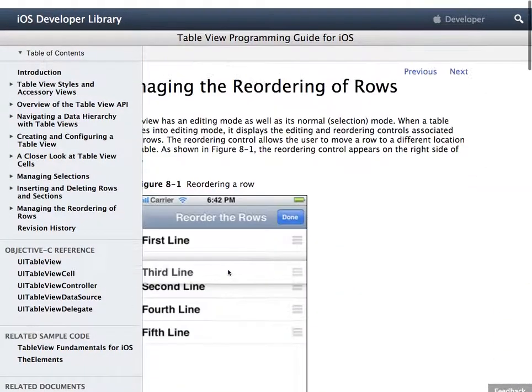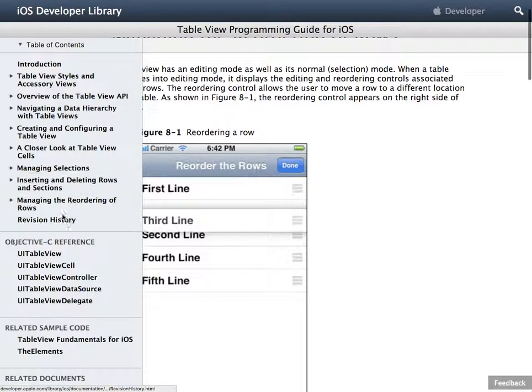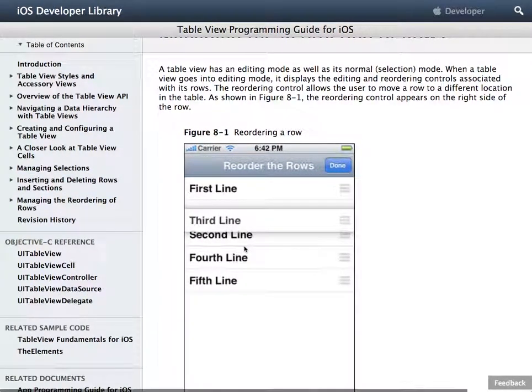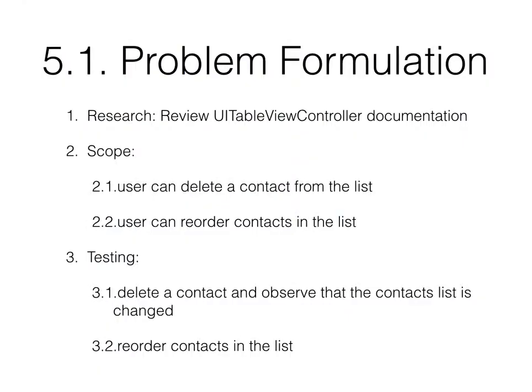So this document, both at the deleting row and on the managing reordering, can give you some background on the two operations that we need to do. So after we understood a little bit what needs to happen, our scope is that the user can delete a contact from the list and reorder contacts in the list. And to test it, it's very straightforward. We'll choose a contact and then delete the contact and make sure it's no longer available. And then we will